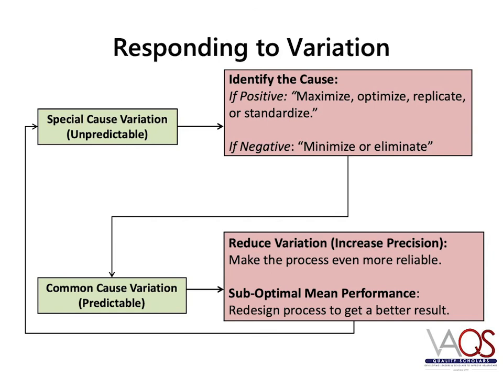Monitoring improvement data using statistical process control charts enables us to understand variation in our system and should guide our improvement efforts. Special cause variation means that the system performance is unpredictable. Teams should work to identify assignable causes for changes in system performance. In systems that only have common cause variation, the near future performance of the system is predictable. However, just because the performance is predictable, it does not mean that the performance is desirable, and steps may need to be taken to make the process more reliable or redesign the process to improve mean performance.